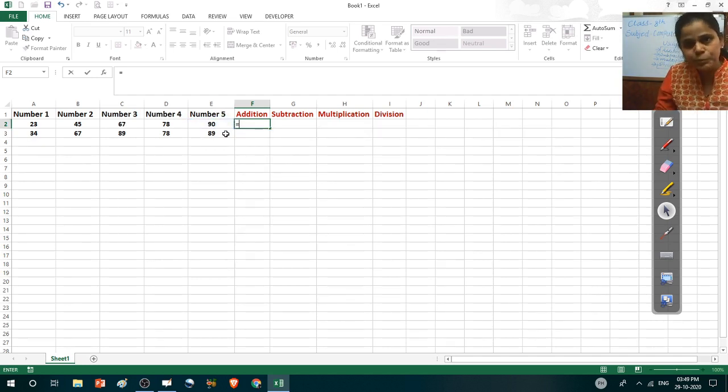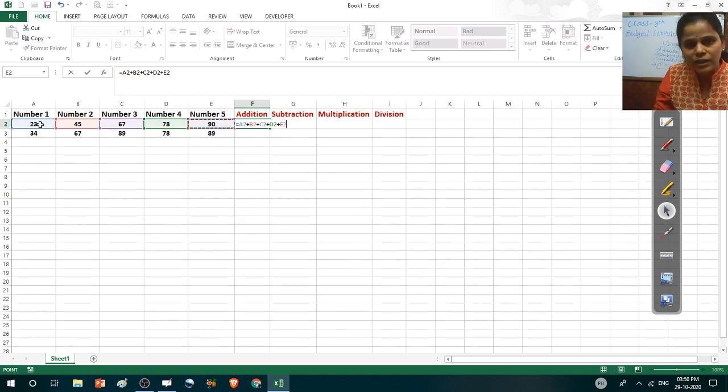You can type using the keyboard or select the cells using the mouse. First click on the first cell, then using the keyboard type the plus sign, then the second cell, again plus, then the third cell, plus, then the fourth, plus, and the fifth. Understand?